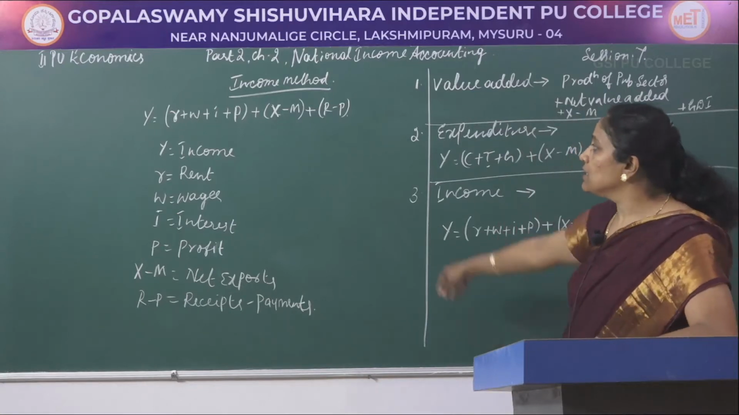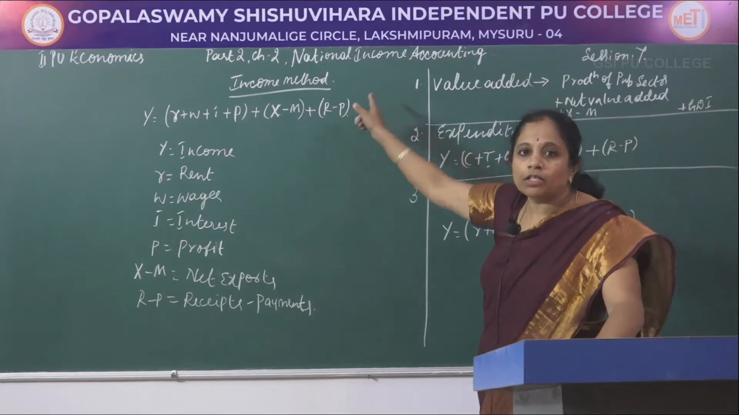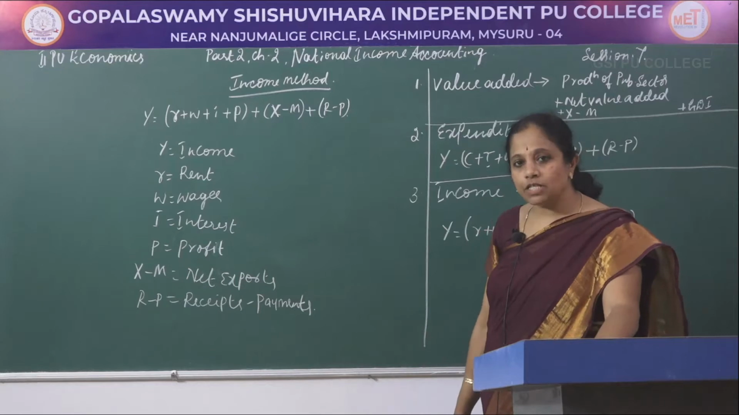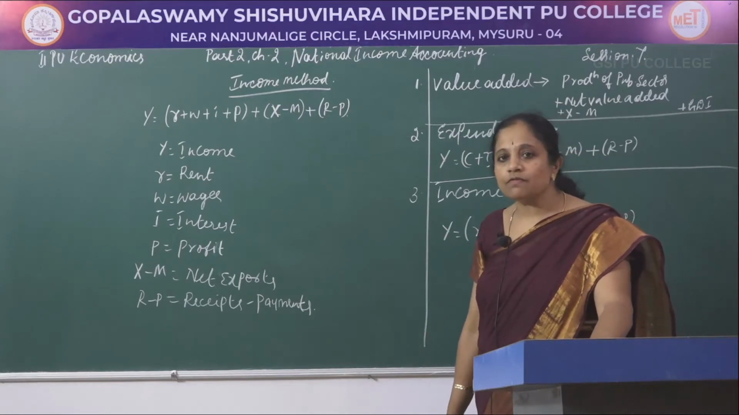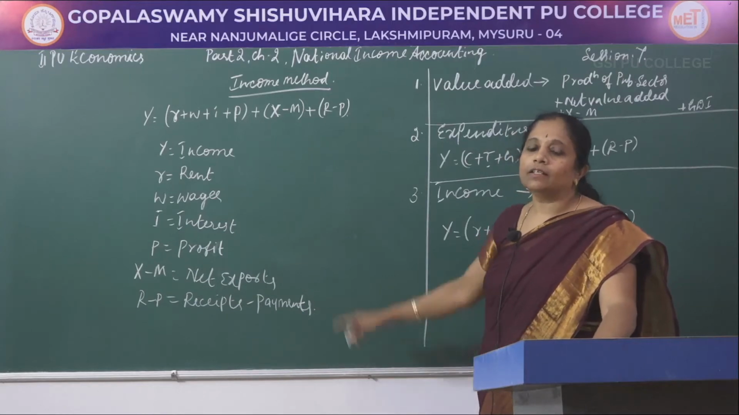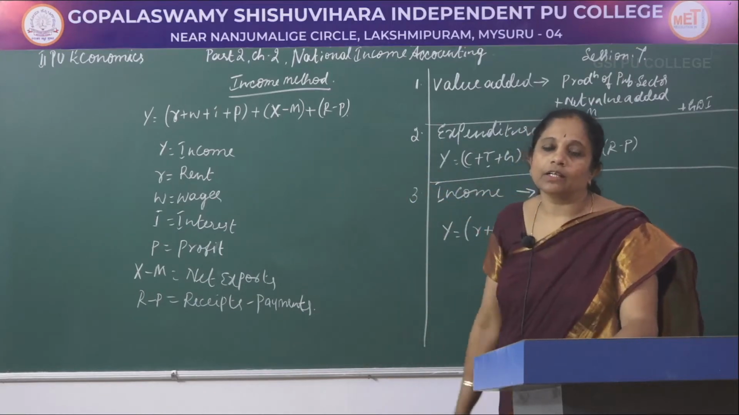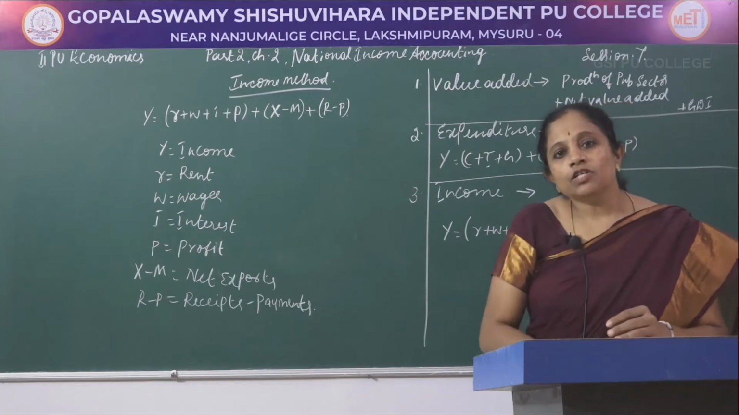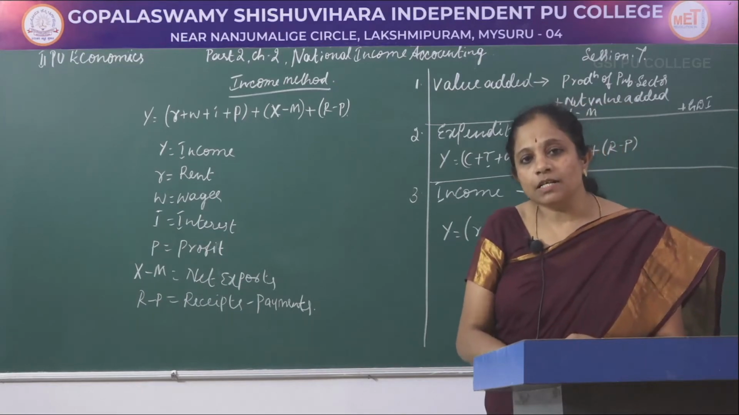The income method is another method among the three methods of calculation of GDP. That is, the first one is the value added method, the second one is the expenditure method, and the third one is the income method. Here, the calculation of factor payments is considered because